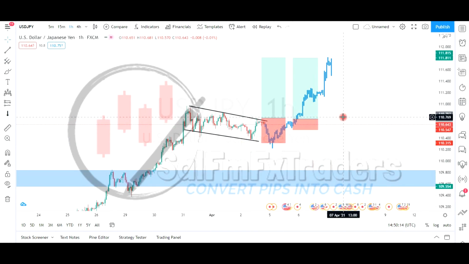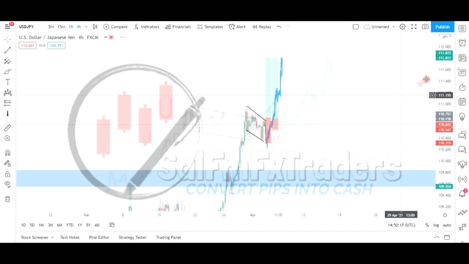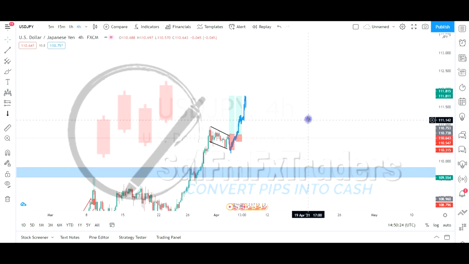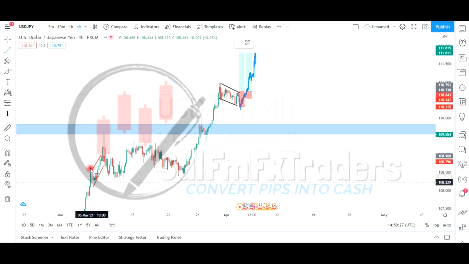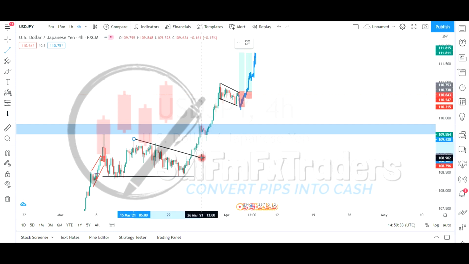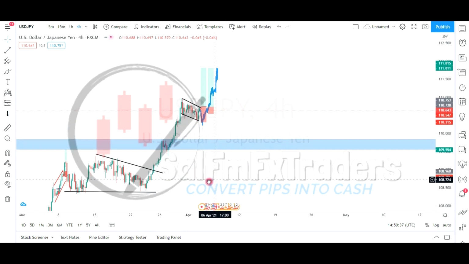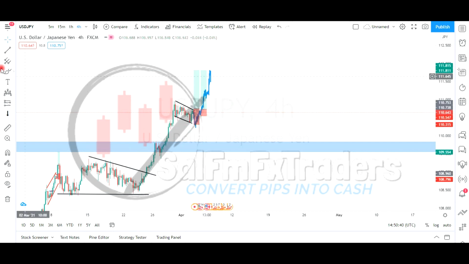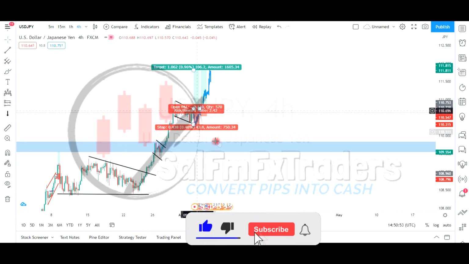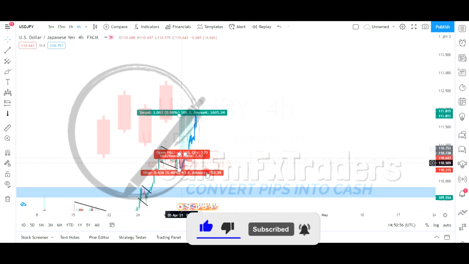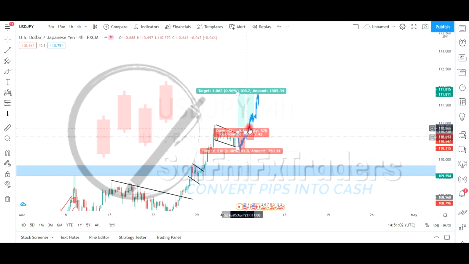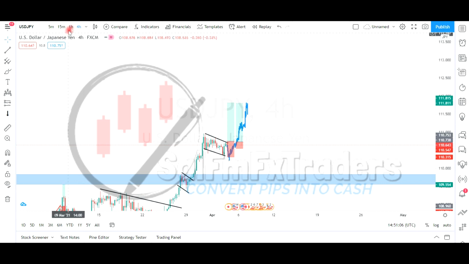On the screen right now I have USD Jpy, and like USD Chf, all I'm seeing is a continuation pattern to the upside. Somewhere right here we had this type of triangle breakout, and now we are still here, right here again. You can see even right there, we still had some sort of continuation pattern. So we can see that we are still continuing to the upside based on the behavior the market has been having all along. So now let's switch to an hour time frame